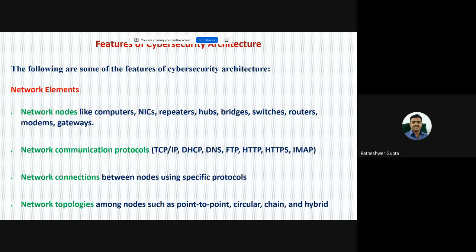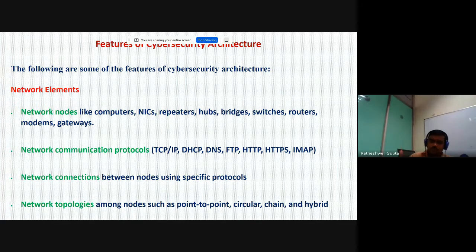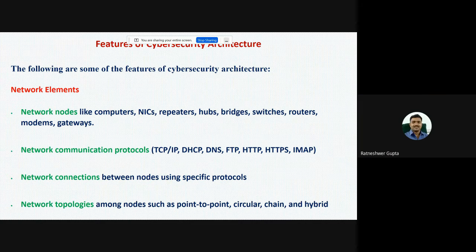The next thing is that we have to identify the components and their relationship. Like if we go for a library management system, we have to identify the components. One component will be the book, one component may be the searching scheme, one component may be the librarian, one component the clerk, one component what are the hardware requirements, what are the software requirements, what are the other requirements, and so on.